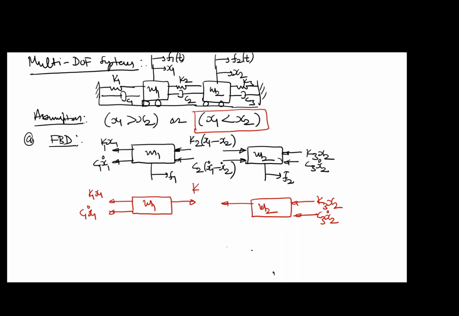And the amount of force is K2 into X2 minus X1. And same thing with the damper, C2 into X2 dot minus X1 dot. Now you can see eventually either this force and this force, there is a minus difference and there is a change in arrow sign. So eventually, whatever assumption you take into account, it will end up with the same force.